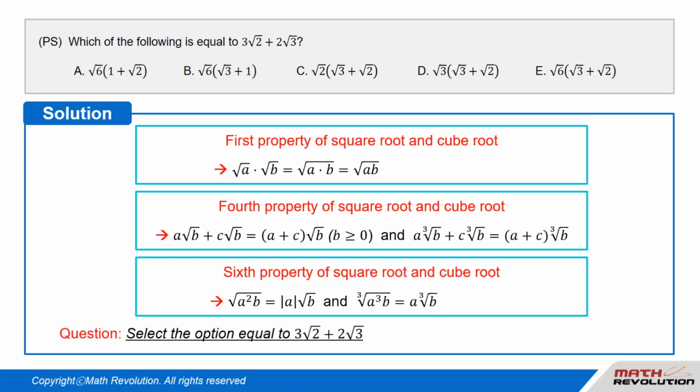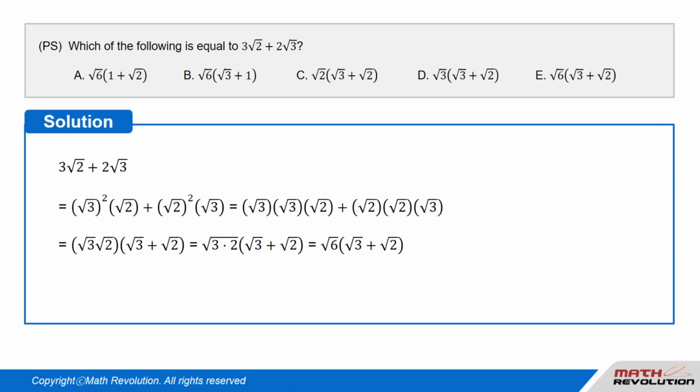We are required to select the option that is equal to 3 times the square root of 2 plus 2 times the square root of 3. 3 times the square root of 2 plus 2 times the square root of 3 equals (square root of 3) squared times the square root of 2 plus (square root of 2) squared times the square root of 3 equals square root of 3 times square root of 3 times square root of 2 plus square root of 2 times square root of 2 times square root of 3